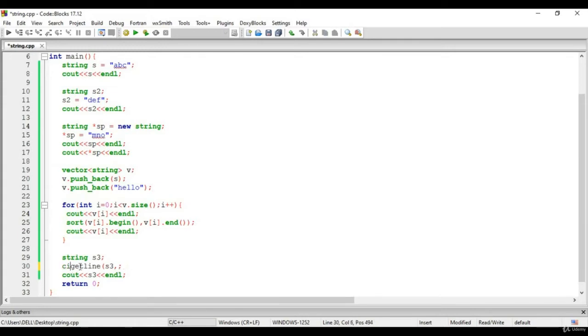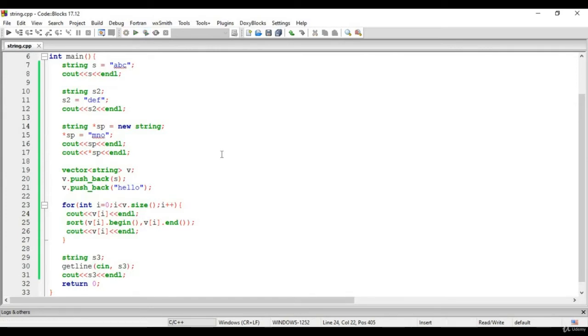For the string class we have another function. We will write it like this: getline, take input from cin, and put the input in S3. This is the way for taking input with spaces.